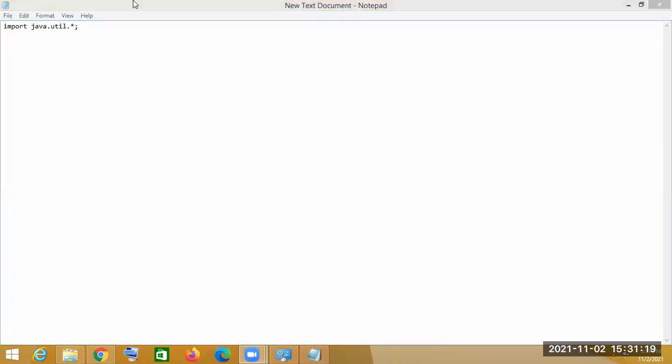This is the package we are importing. Star means all the classes that are present in the java.util package, we are importing in our program.